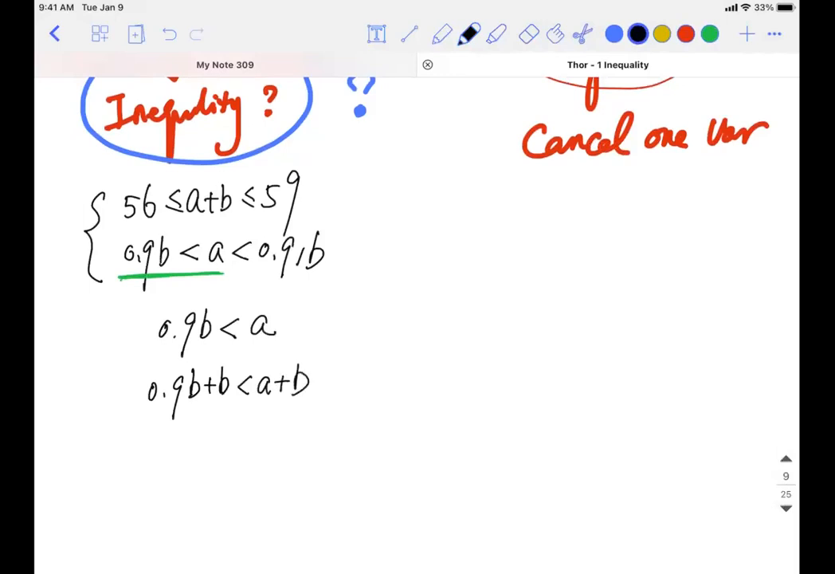Is it right? I just add b on the two sides of this inequality, nothing special. But don't forget, my a plus b is what? Less than or equal to 59. So I'm going to drag it here. Is that right? My a plus b is less than or equal to 59. So therefore, I'm going to be able to see this guy is